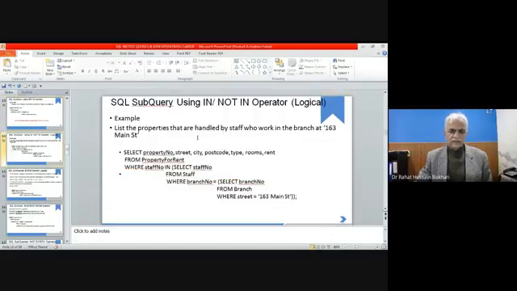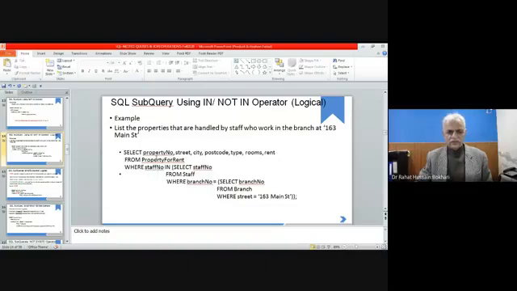This is another example. Here we have this select statement, then another select statement, then another select statement, so this query is nested three times. We are saying list the properties that are handled by the staff who work in the branch at 163 Main Street. So the address is given. We say select property number, street, and so on from property for rent where staff number in.